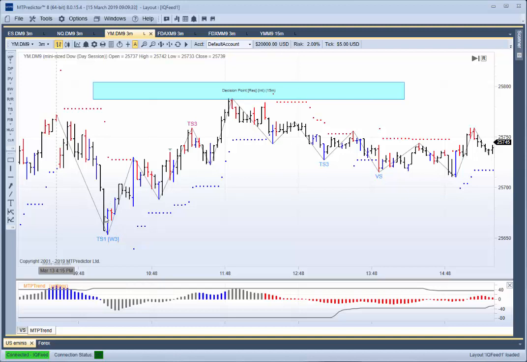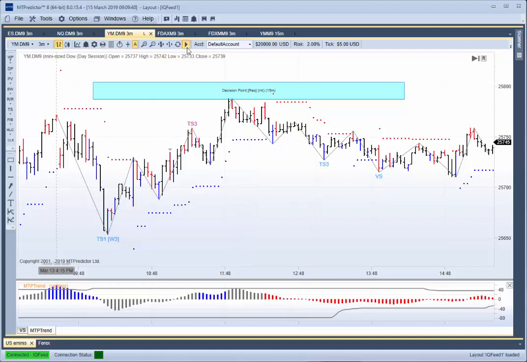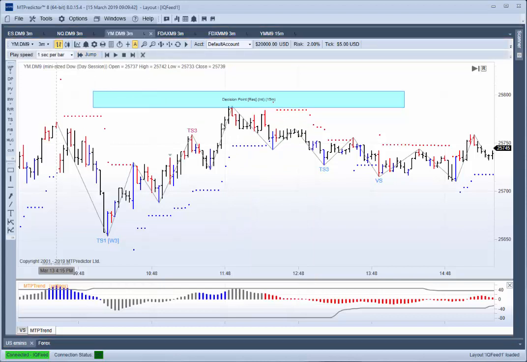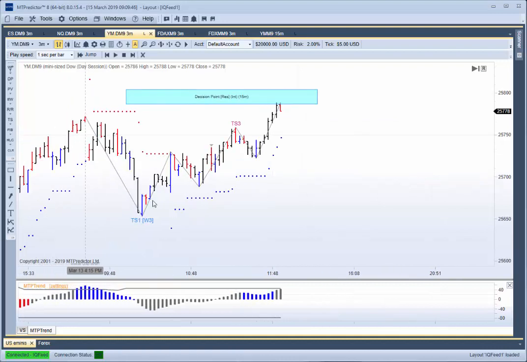Now let's place the Elliott waves on the count. If I right mouse click here, do Elliott wave intermediate. In fact, what I'll do is use training mode so we can see what happened at the time. So I jump right the way back to here so you can see what would have happened at the time. As the market was going up, remember you wouldn't be looking to do sell setups here because the MTP trend was grey, so you wouldn't want to be reversing what was an otherwise long position just because the market was going up and the MTP trend was grey,